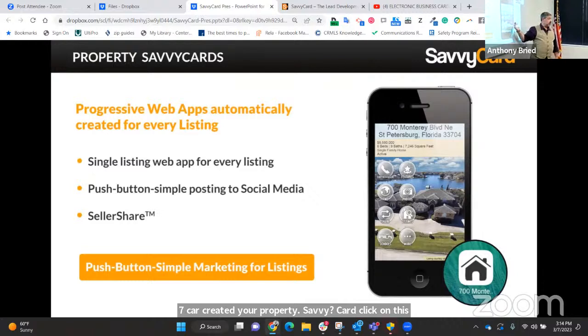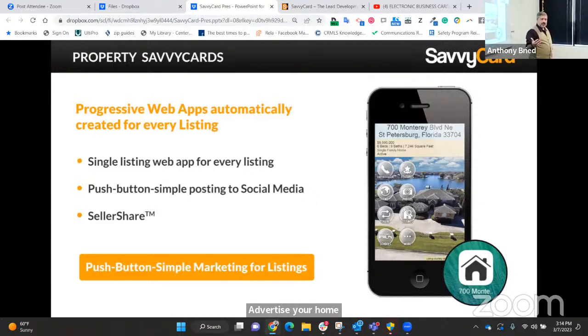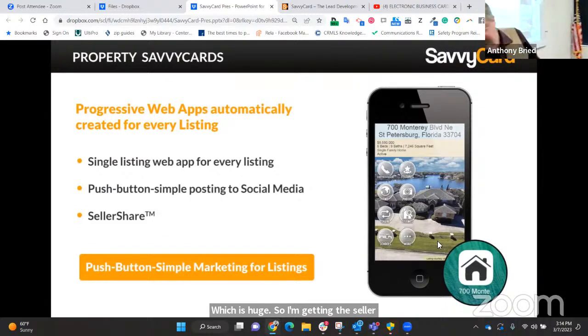What you're doing is you're getting your seller to do some work. Hey, advertise your home for sale for me. So when they click on the share button in this list of buttons, they can share it to their social media, which now anybody clicking on that button doesn't contact the homeowner, they contact me, the listing agent, which is huge. So I'm getting the seller to do some work for me. Okay, free work,